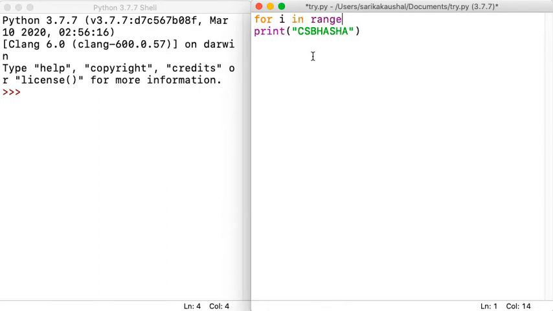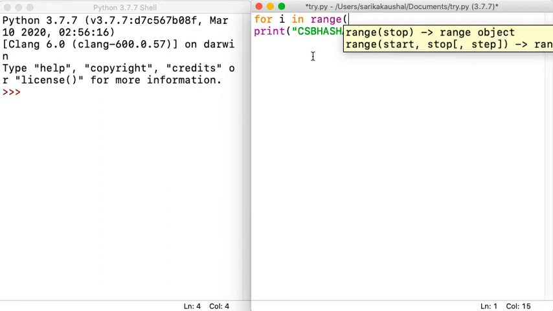Range is a function where you define the starting value of the counting, because it all depends upon the question. If I don't want to start my counting from 1, but would like to start from 2, then I won't end at 10, I will end at 11. When you're starting from 1, you will end at 10. When you start your counting from 2, you will end at 11. When you start from 3, you will end at 12, and so on. So you need a starting number, comma, you need an ending number.